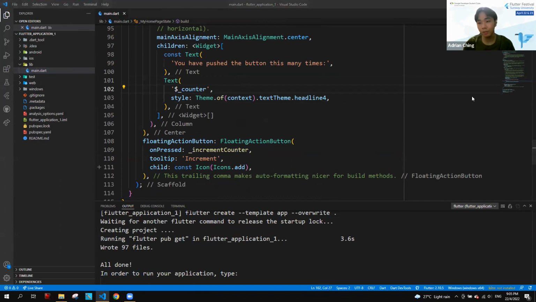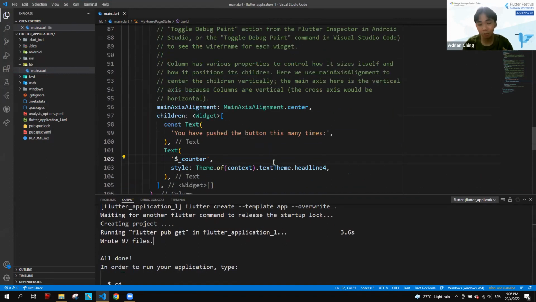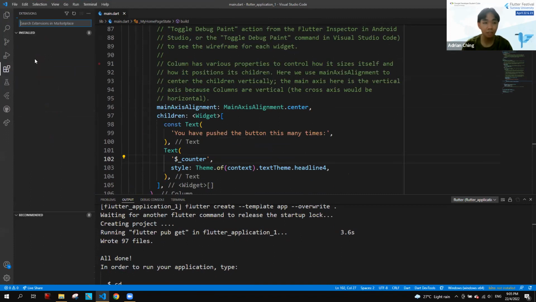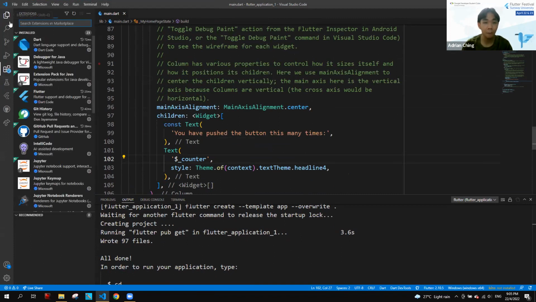Okay, so now before we take a short 5 minutes break, I want you guys to do something, which is to run the Flutter app. Because if you run the Flutter app, it takes a few minutes. So first thing, make sure the extension is installed first, right? Then,